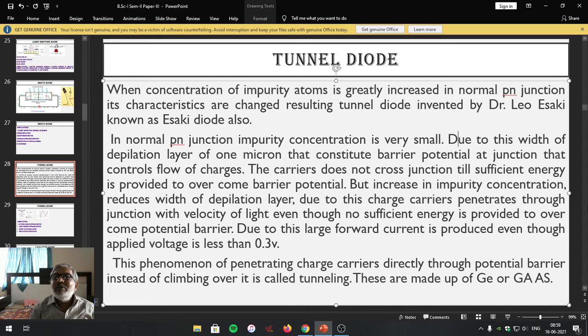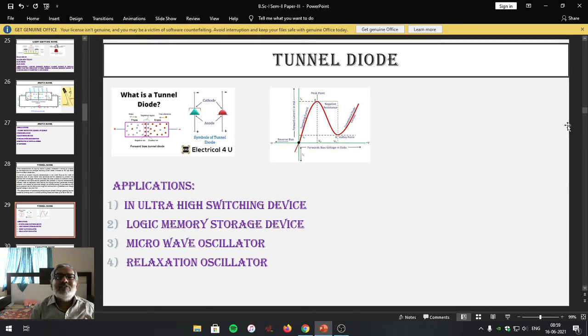Such a tunnel diode is represented in the next figure. So this is the tunnel diode which is represented. It is the same as a p-n junction diode, no change in that. Only what is the change? The width of the depletion layer is small, the barrier potential is less. It is analogous: on one side there is a p region having majority charge carriers holes, minority charge carriers electrons, along with some ions. In the n region, majority charge carriers are electrons, minority charge carriers are holes, along with some ions.